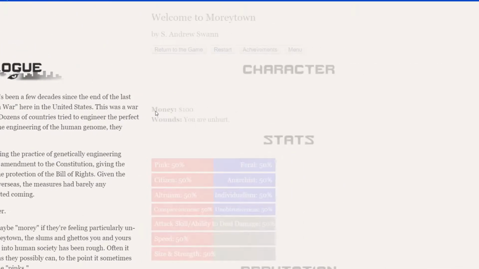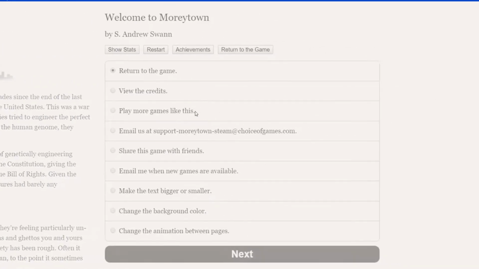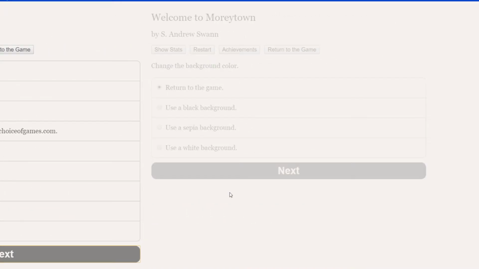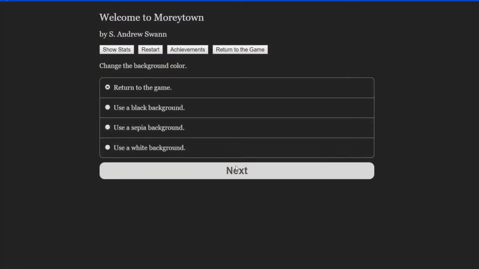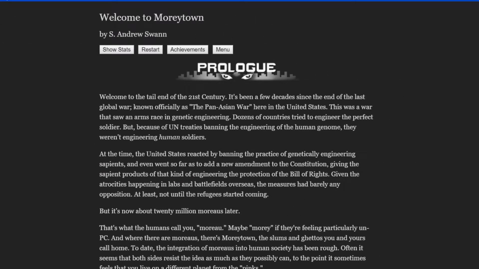Oh wait, I forgot to do something. Return to menu, change background color. This is always what I'm going with, just for people that are watching during nighttime or something like that. Who knows? Anyway,